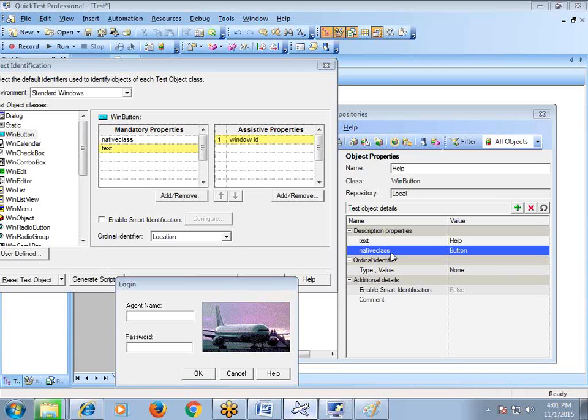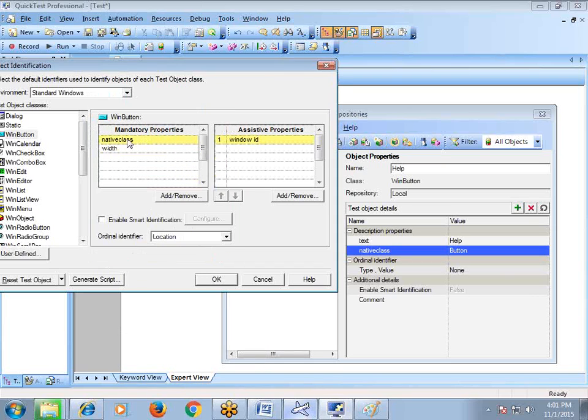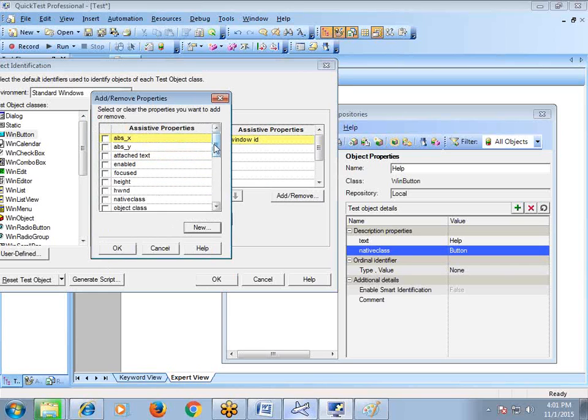Now I will change this configuration. I will modify this configuration. Let us see how I will modify that. I will remove the text property here, and I will add some other property. Width I am adding. Okay. See that I have added native class and width here. And here I will add some other properties. Height I am adding